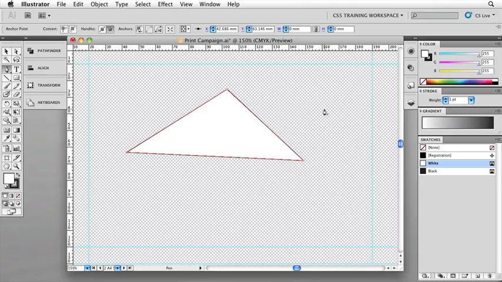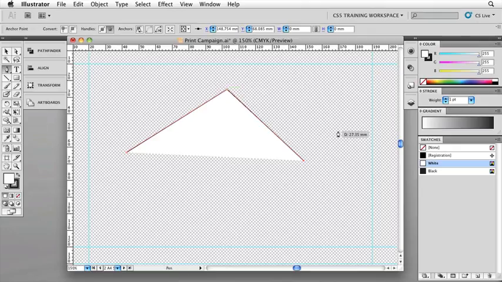Now, in order to do this and see really what's going on, let's just undo the last step of creating that extra point that closed the path. Command Z or Control Z on the PC. So we're back to our fill that's being automatically generated, but our path is only up here. And then again, this is where it can get confusing as to why does that shape look closed when it's